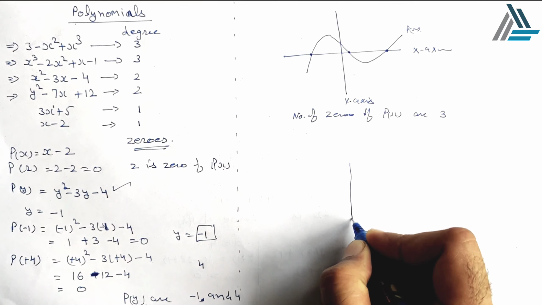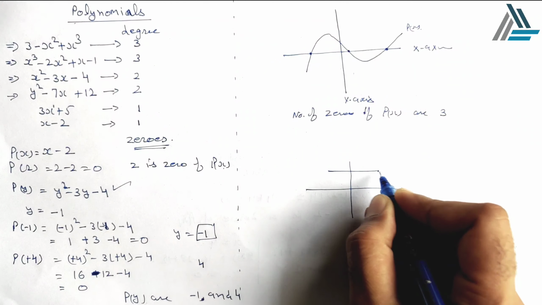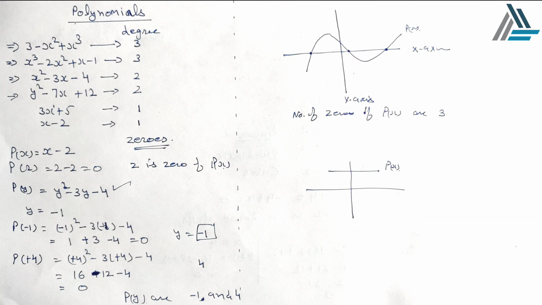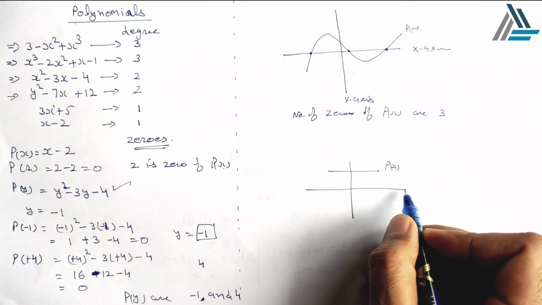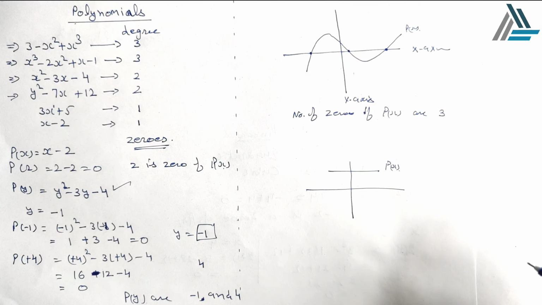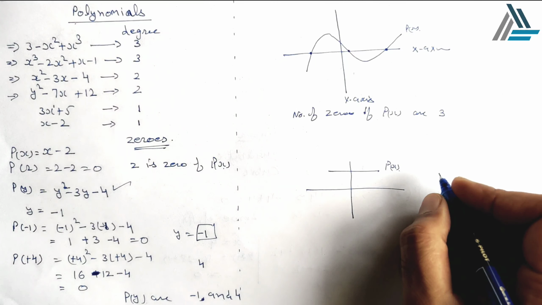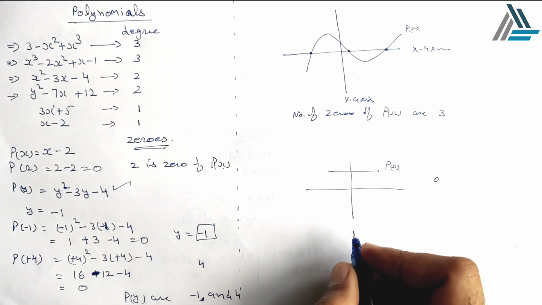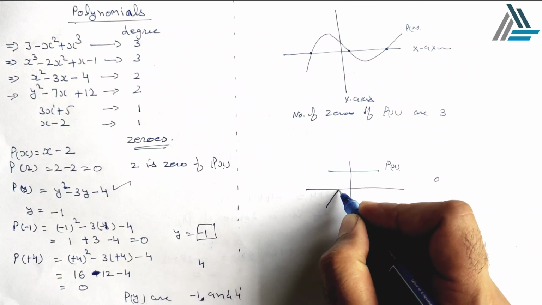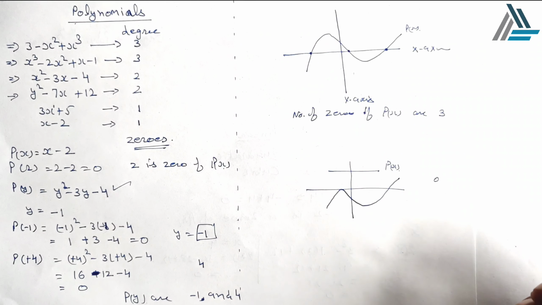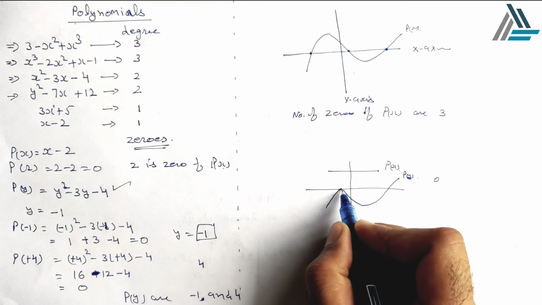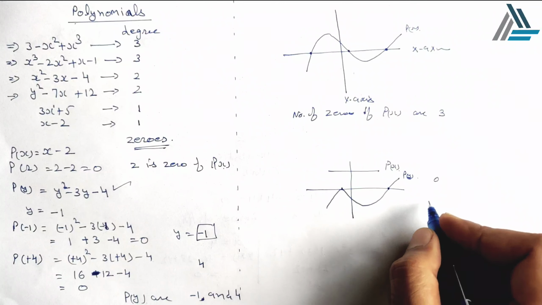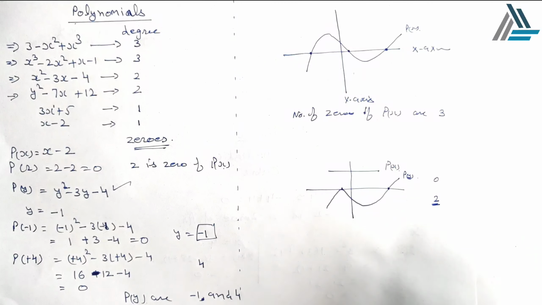Similarly, we take one more example. If we make a graph of any polynomial p(x), then see, this graph never intersects the x-axis, so this graph has no zero. The number of zeros is 0. If we make one more graph here, p(y), then the number of zeros of p(y) is 2, because it intersects the x-axis at only 2 points. I think you all understand this concept.